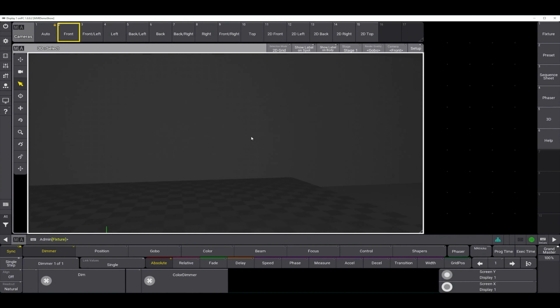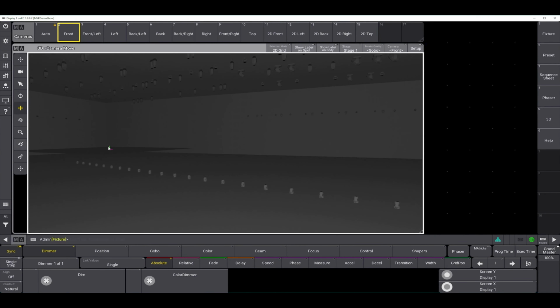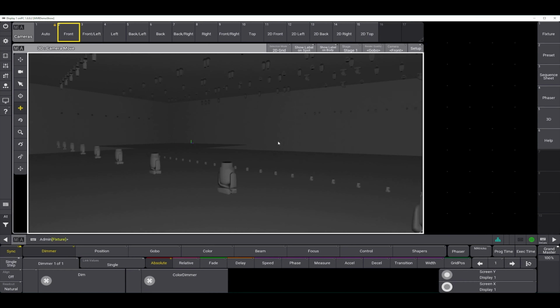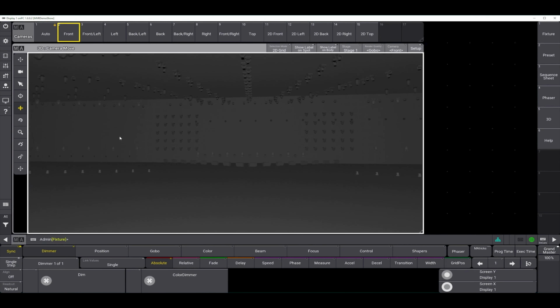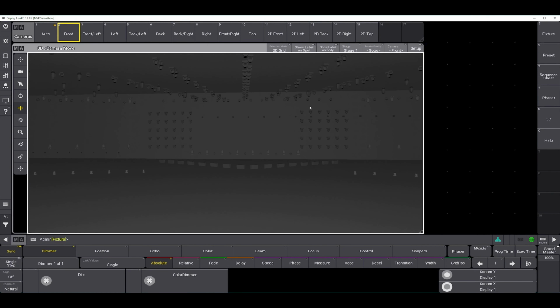If we pop into the 3D view, and again, just move around here, now we can see what it is that we've got. This is just the lighting data, of course, but this is what we had. Then I'll go ahead and load up the other show file that I made, where I've already made a couple little groups, and I've done all that DMX output mapping, and we'll take a look at that.